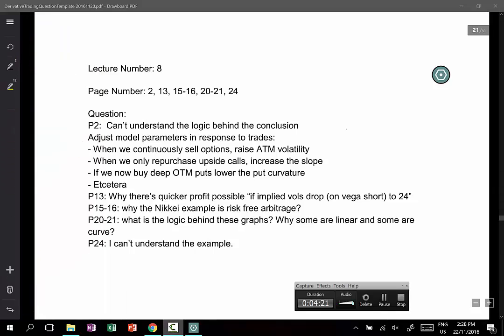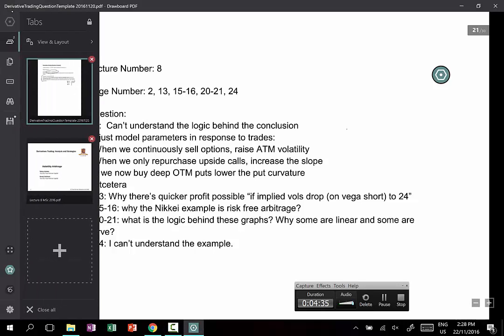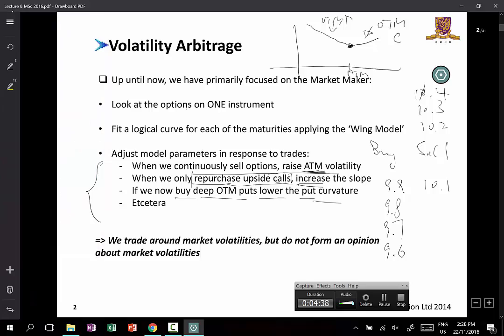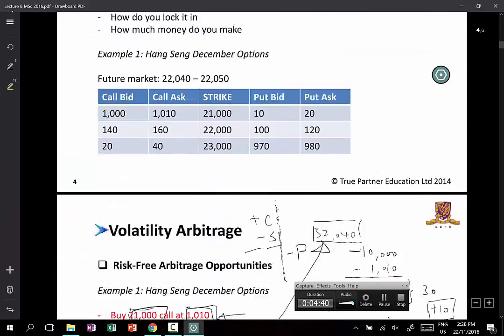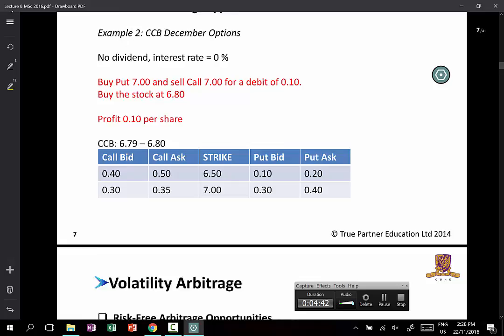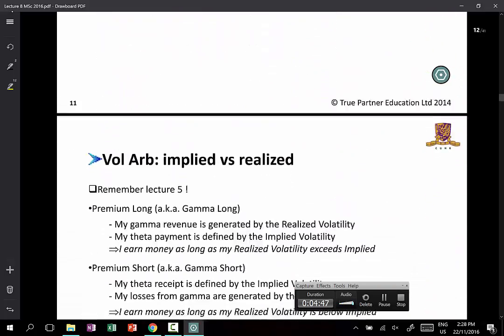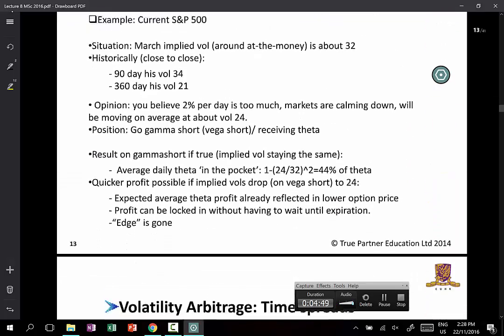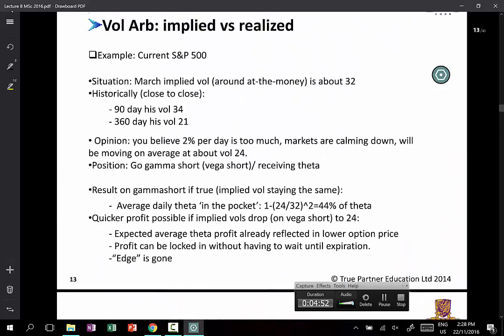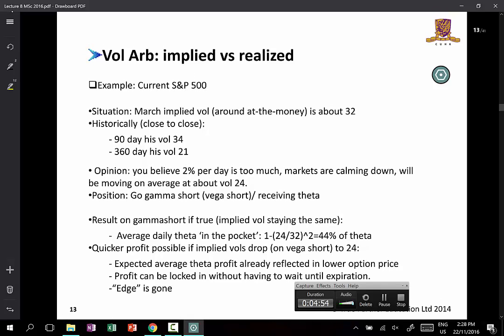And then page 13, why there is a quicker profit possible if implied vol drops to 24. Now page 13, I think the question here is, if you have an option, so let's take the S&P 500 as an example,